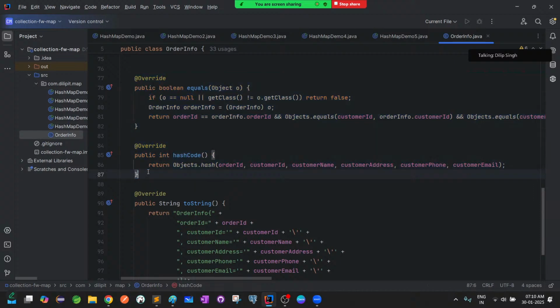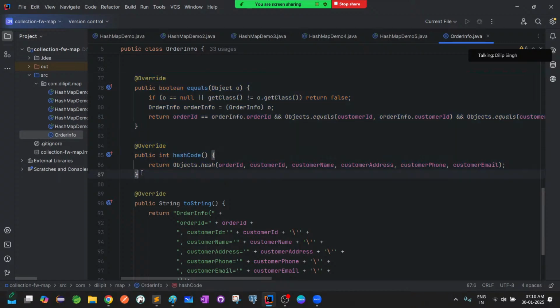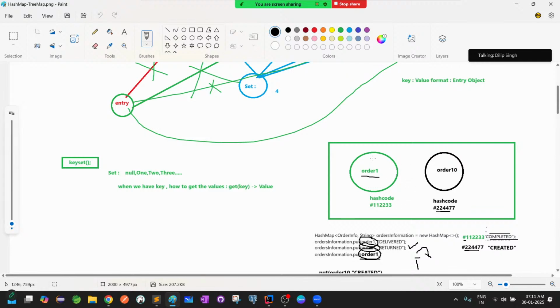Whenever we want to store custom objects, the usual HashSet behavior is unique values. But when we add objects with different references and the same data, without equals and hashCode implementation, HashSet considers both as two different objects, though content-wise both are the same. So HashSet is not treating them as unique content-wise. Then we implemented equals and hashCode there also, and it started